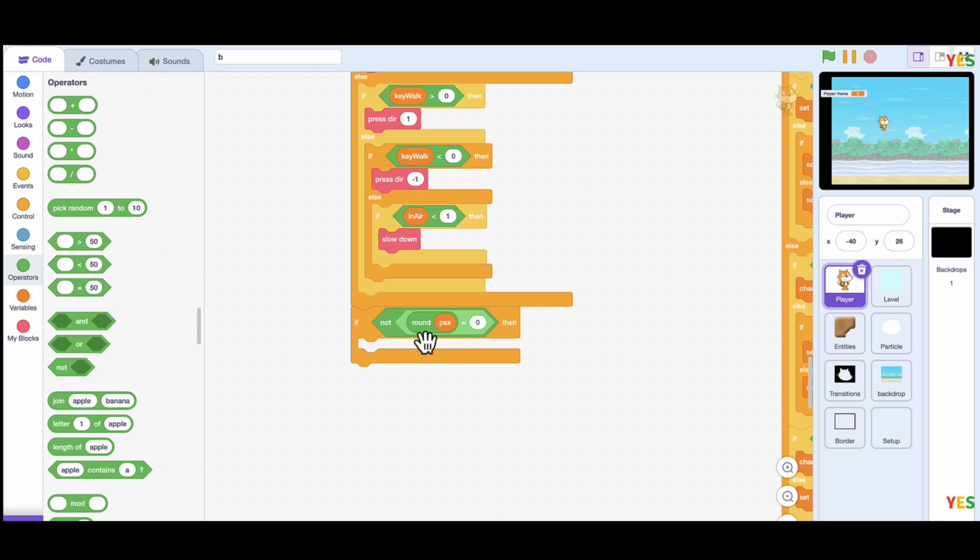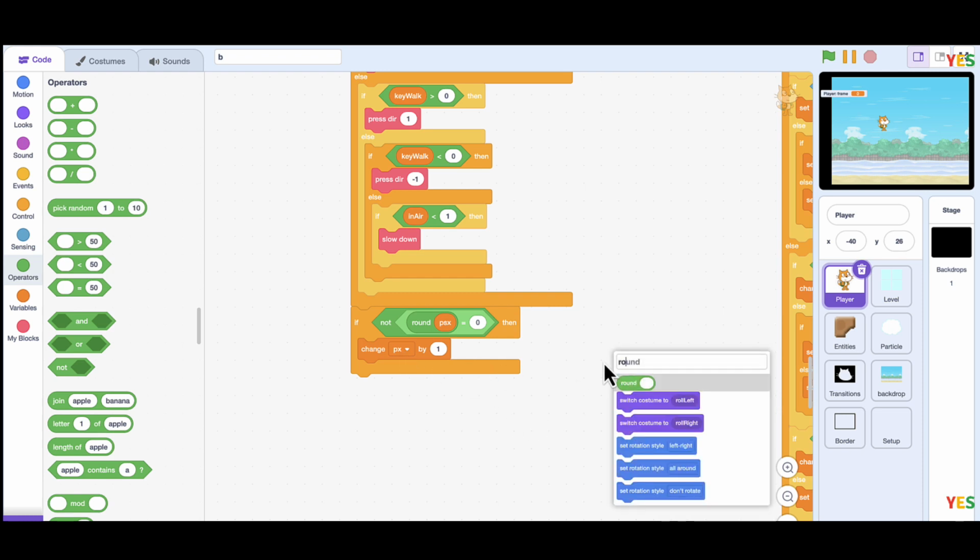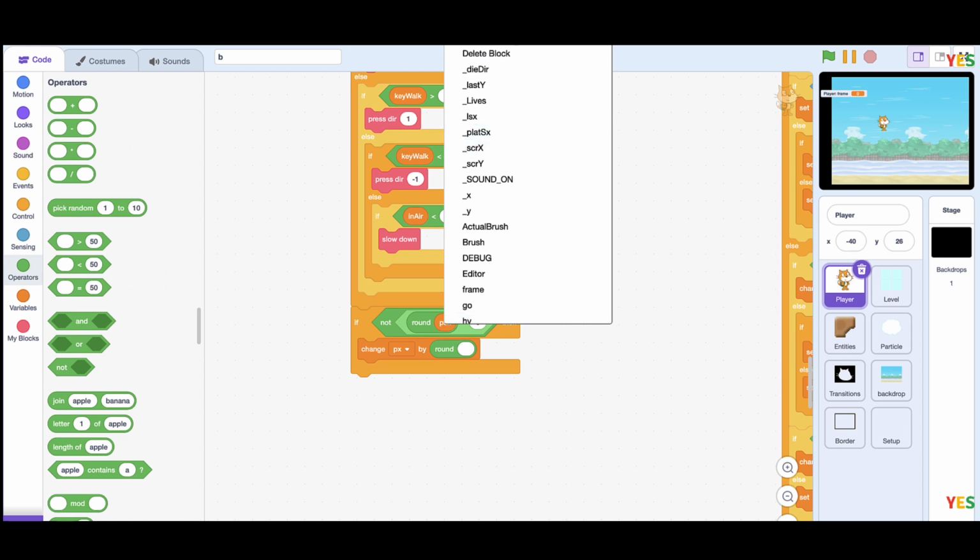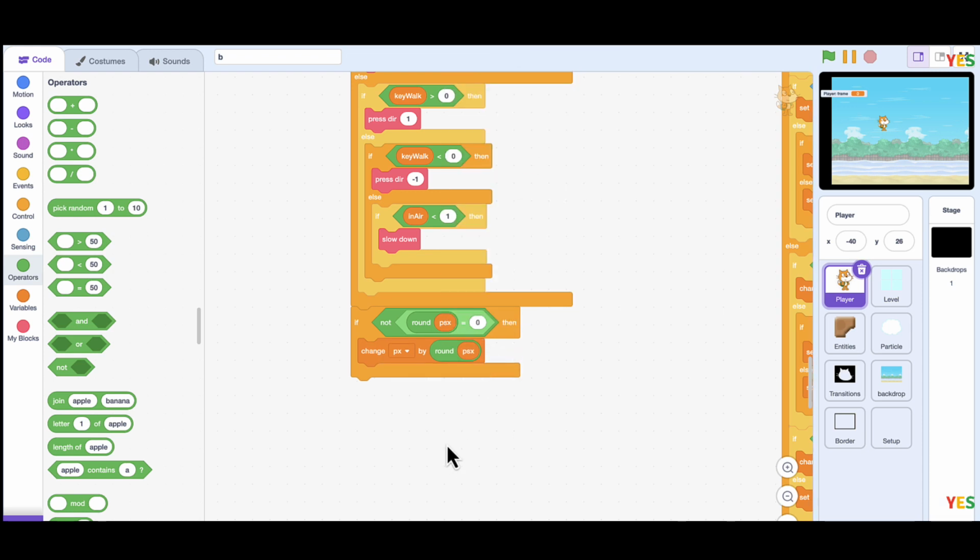So that when that does, change px to player x, I think. Yeah, it's player x for sure. Round psx. And then if else psx is greater than 0, we're gonna,